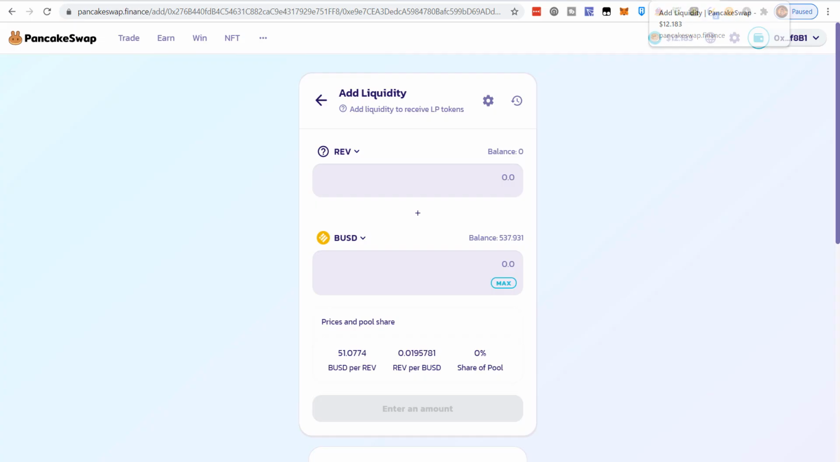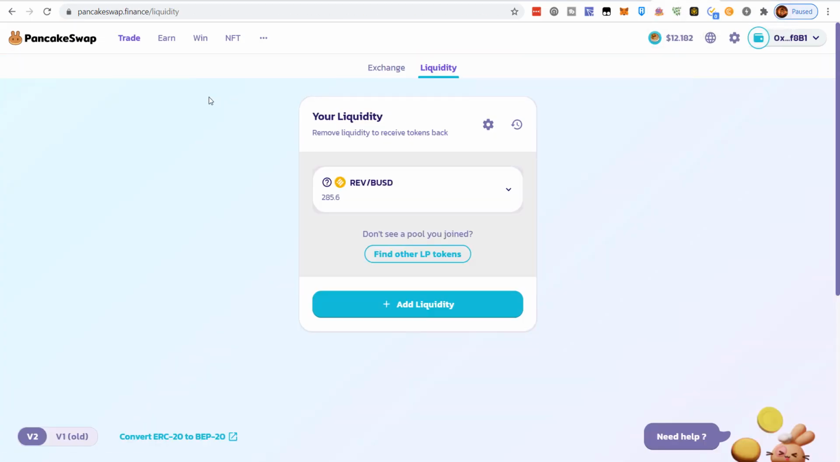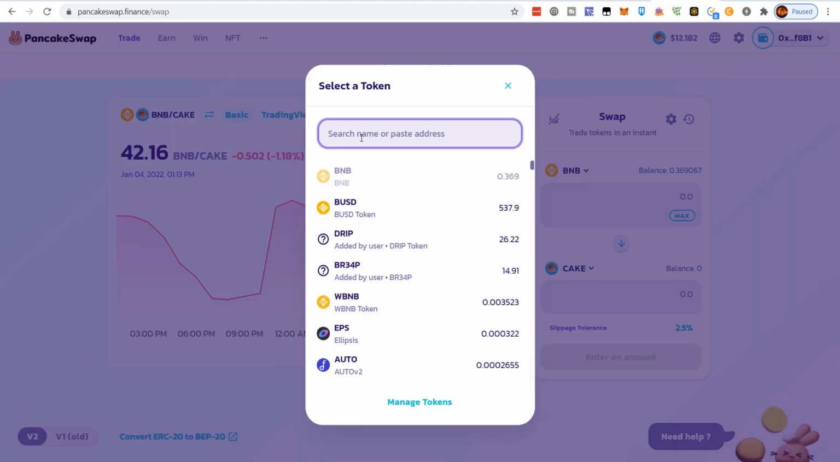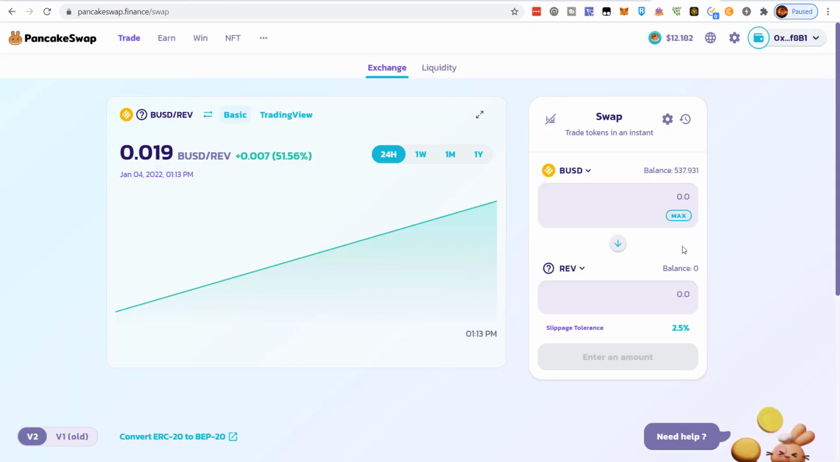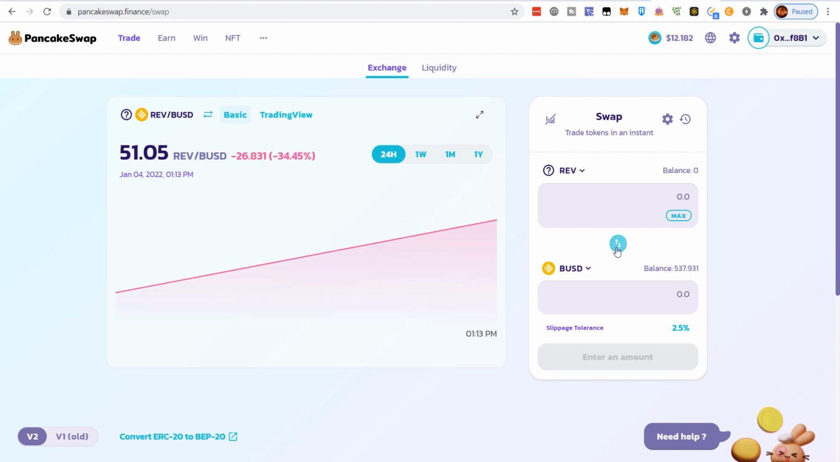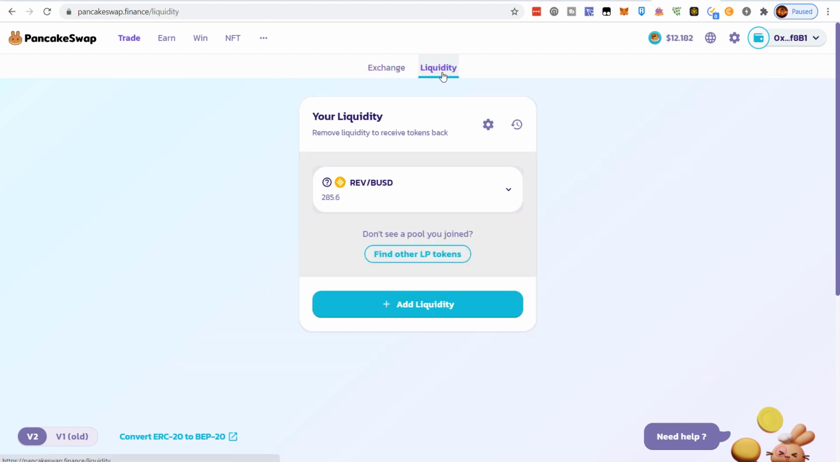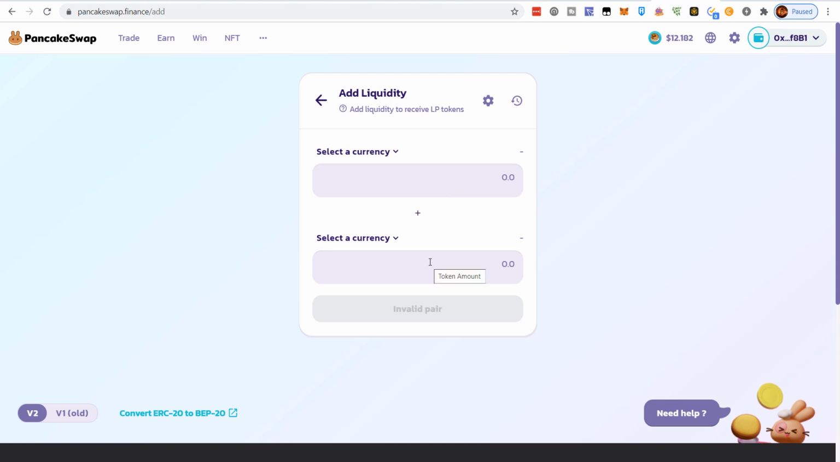So just to recap what I did real quick. I came to the exchange. I had BUSD and Rev tokens. I had to sell half my Rev tokens for BUSD. Then I had to go over to add liquidity, select Rev, select BUSD, and put the remaining balance of my Rev tokens in to match my BUSD amount, and I had to add the liquidity. What that means now is when people trade, I make a small percent of the trading fees